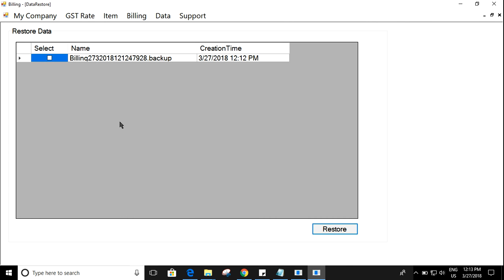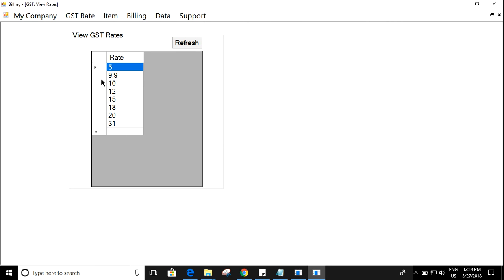Database restored successfully. Now to see whether the database restored successfully, I can go to GST rates and view. You can see all the rates here.